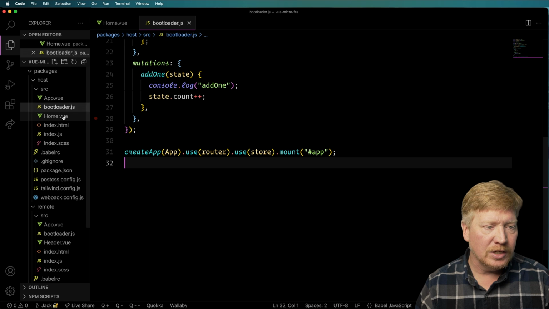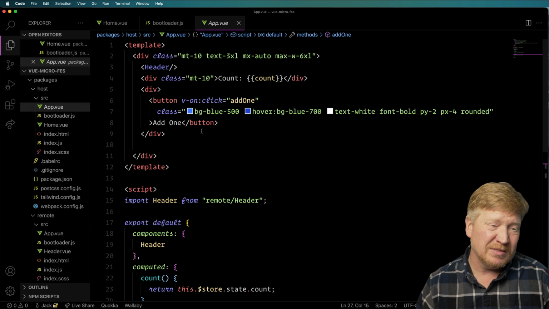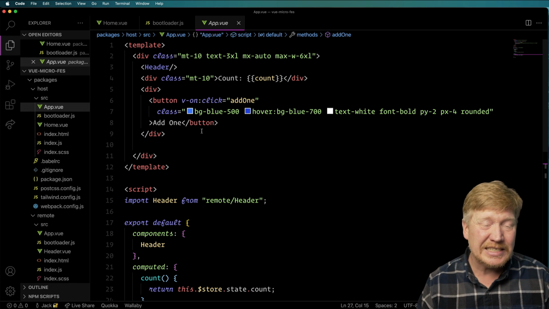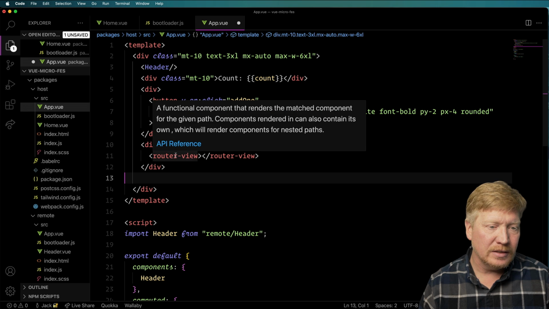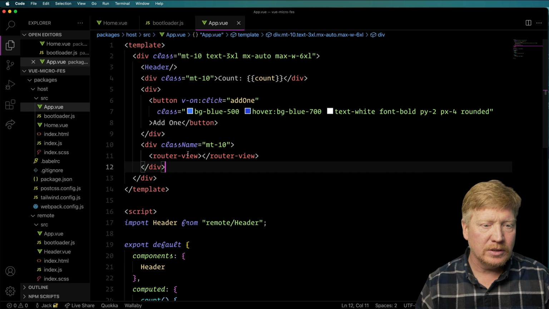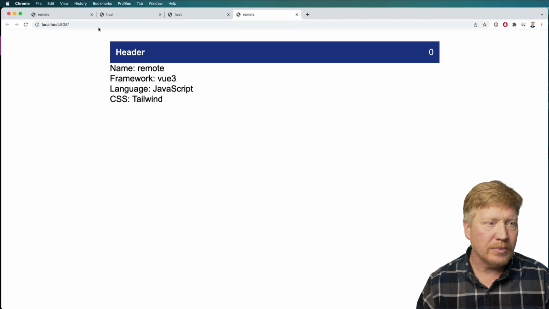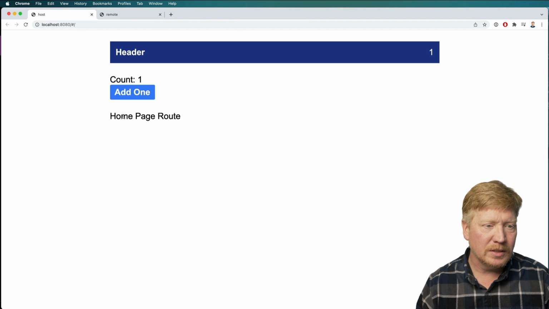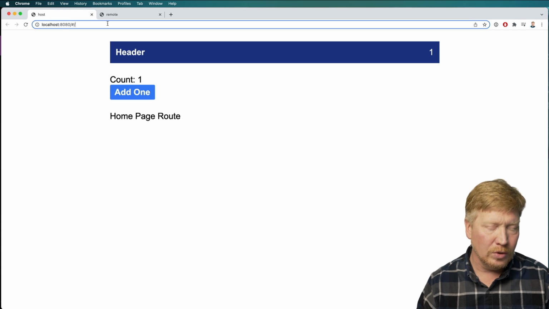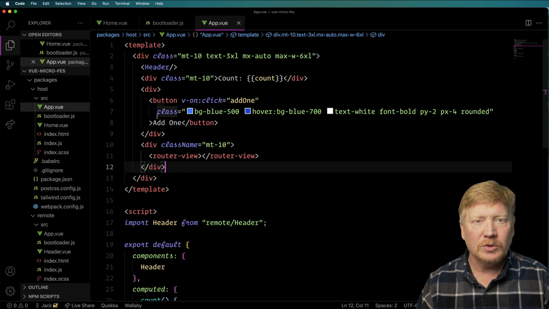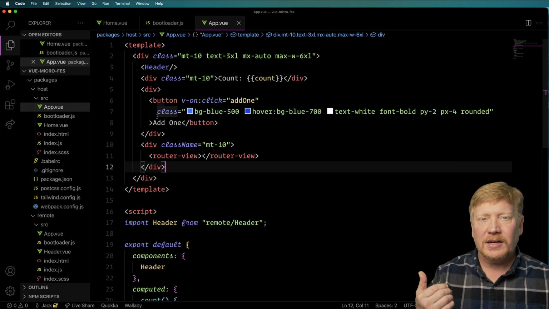And then the last thing I need to do is go over to our app.view, which is effectively our layout, I guess, and then add in the router view. So let's take a look. Let's go over to our app. Host, yeah, that's a good one. And now we can see that we have the homepage route. Awesome, cool. And what I want to do is I want to go and add another route, but I want